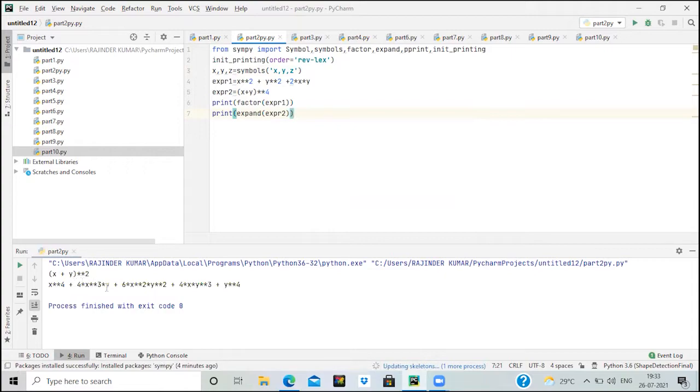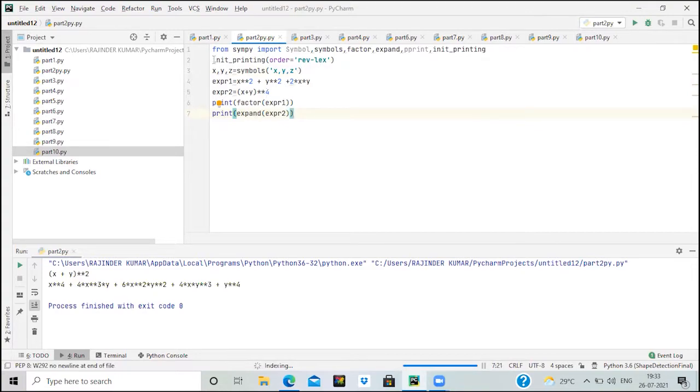we would get the output. In this way, we have got x to the power 4 plus 4 into x, and then we are using the power operator and so on. I was telling you the use of this statement, that is the init_printing function.